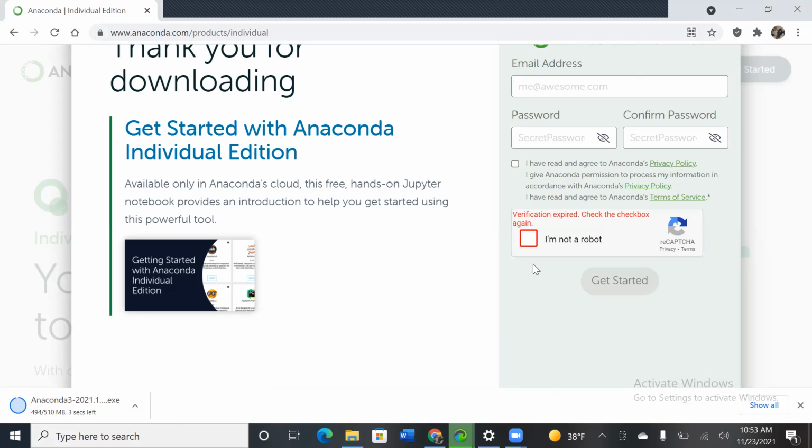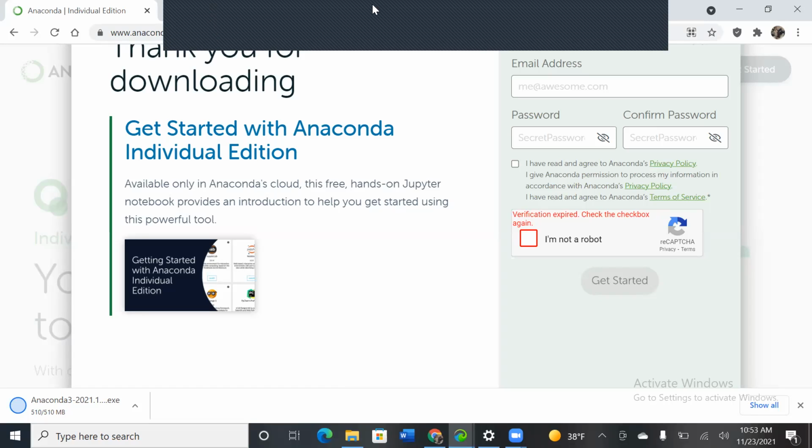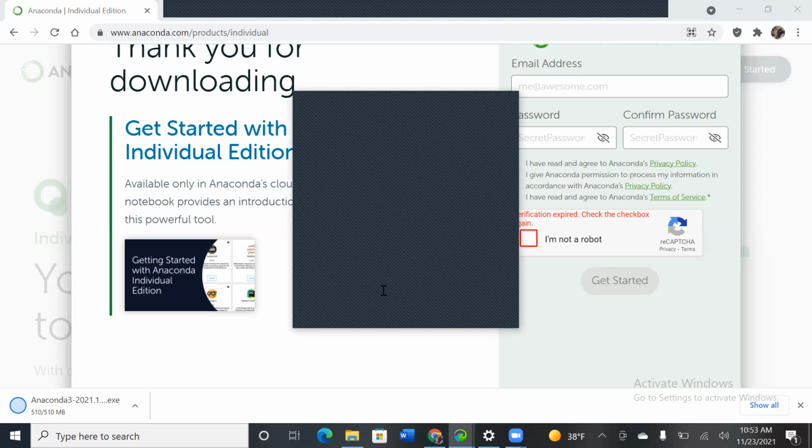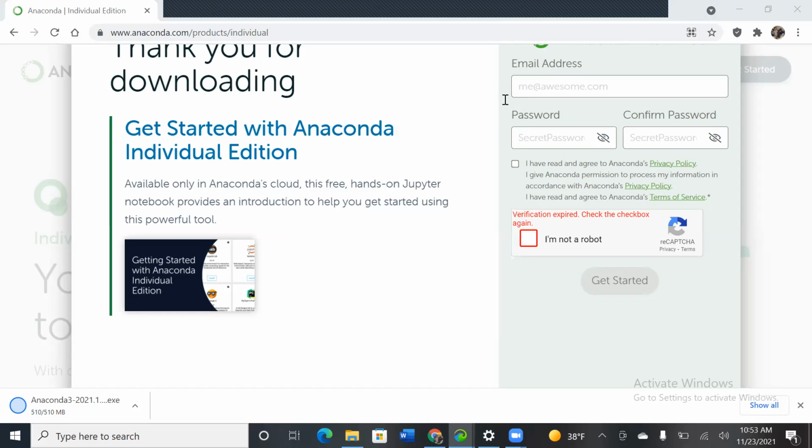So this does not work on Mac? This is for Windows. For Mac, it's the same steps as well. Yeah, I did it for Mac two days ago. It didn't work on my Mac. So you might have downloaded the exe file, the Windows file. That's why it is not working. You have to download the Mac file. For iMac, you have to download the Mac version. I did download the Mac file.